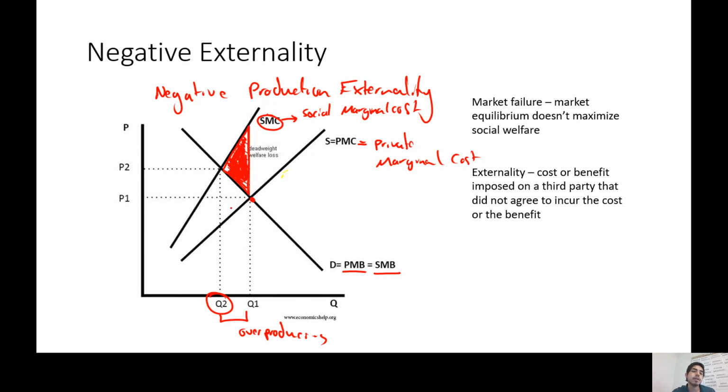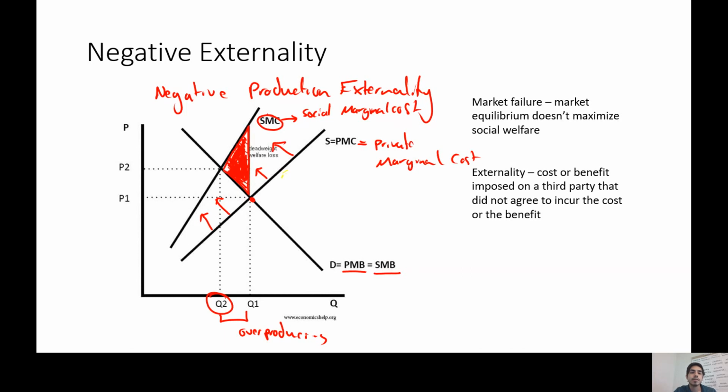And so there are some policy solutions that can help rectify a market failure, right? There's a role for government intervention in this, forcing us to produce the social welfare maximizing quantity, which would be Q2. And what we would want to do is shift this whole private marginal cost curve and close the gap between the social marginal cost curve and the private marginal cost curve. And so one way we could shift it to the left is institute a tax. I'll talk about gas taxes at the end of this video, but that's one way to bridge this gap, right? So this was one of the most recent tools that we've developed.